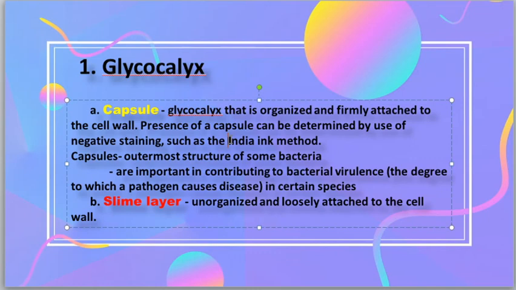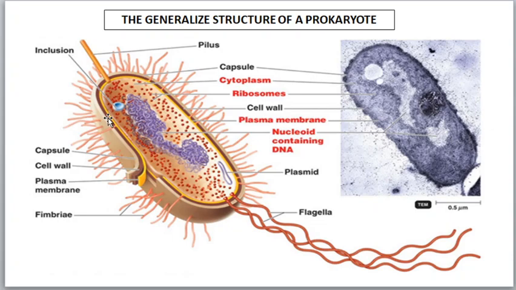Okay? So usually ang India ink method, class, it can be used to determine if a cell has a gelatinous capsule. So, yan, your capsule is the outermost structure of the bacteria. So, as you can see here, outermost layer siya. And then,